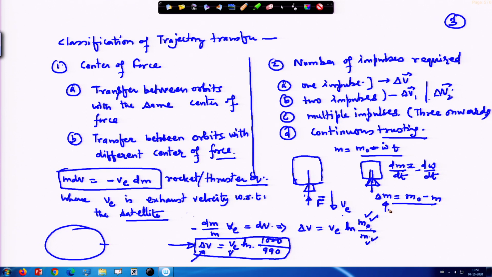So, for completing the maneuver, suppose you want to keep your satellite in the orbit for 10 years. During 10 years time, the satellite will not remain in the same orbit, as we have done in the general perturbation method. It will keep changing over a period of time. So, if it changes, then we need to thrust it and put it back into the same orbit. So, periodically this orbit maintenance will be done.